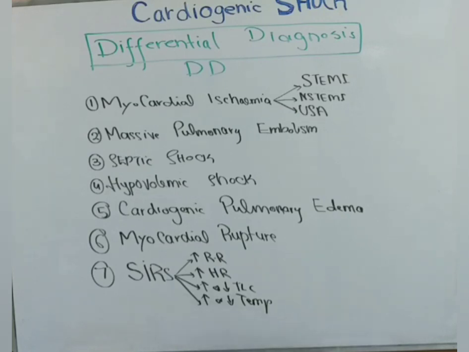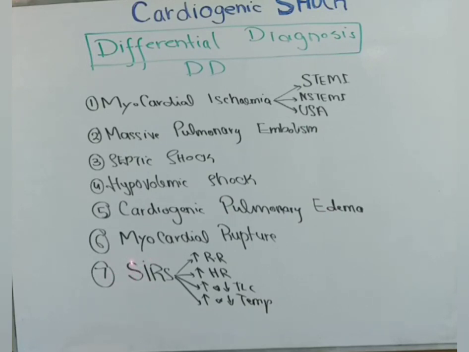As long as we haven't carried out certain tests and procedures on the patient, we will not be sure of the diagnosis of cardiogenic shock. So always remember, whenever you receive a patient with the clinical features which we just discussed, there should be a group of diseases in your head which we will call the DD or the differential diagnosis. These may be myocardial ischemia, which includes not only ST elevation MI but also non-ST elevation MI and unstable angina. It can be massive pulmonary embolism, septic shock, hypovolemic shock, cardiogenic pulmonary edema, myocardial rupture, and